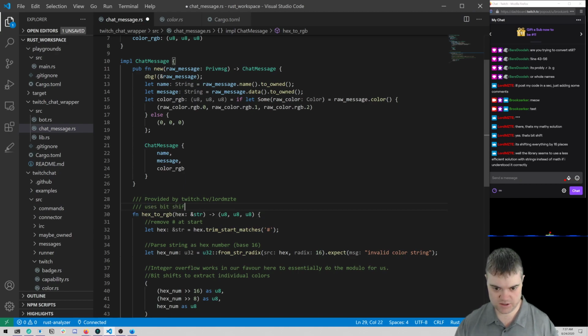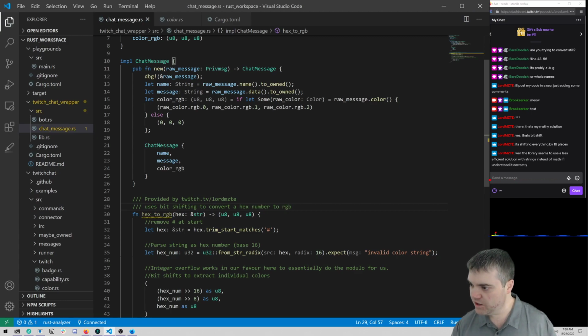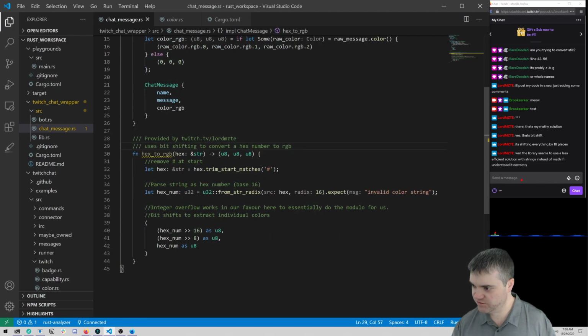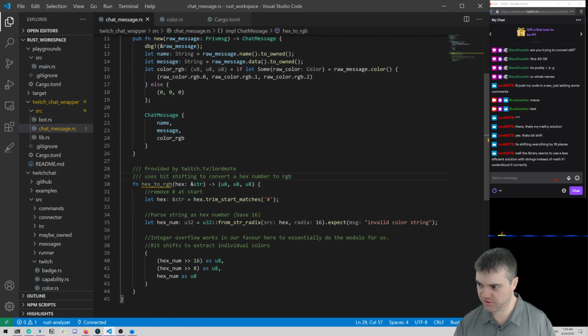Uses bit shifting to convert a hex number to RGB. The library seems to use a less efficient solution with strings instead of math, if I understood it correctly.